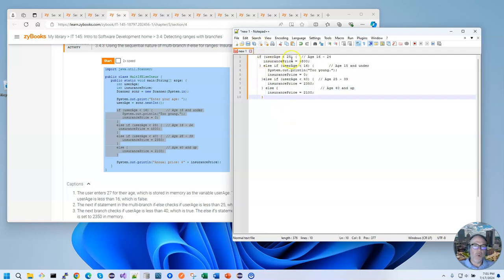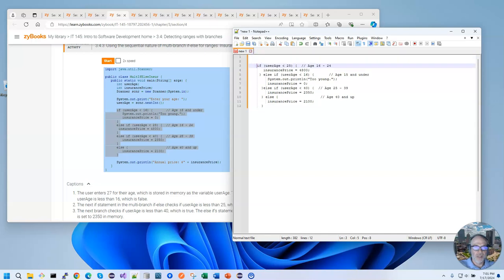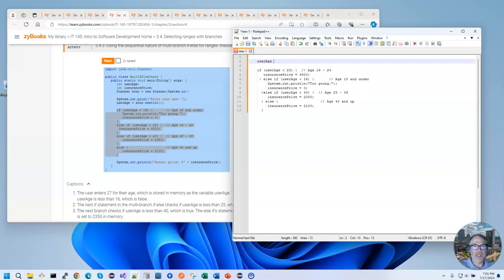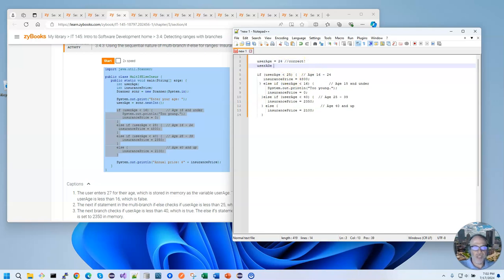So if we come in here and say user age less than 25, then that means anybody less than 25 is going to get this insurance price. So if user age equals 24, that would be correct, right? They're supposed to get that insurance price. But what if user age is